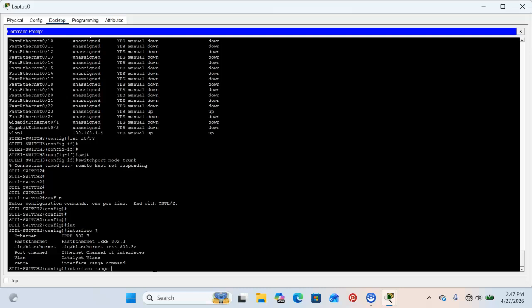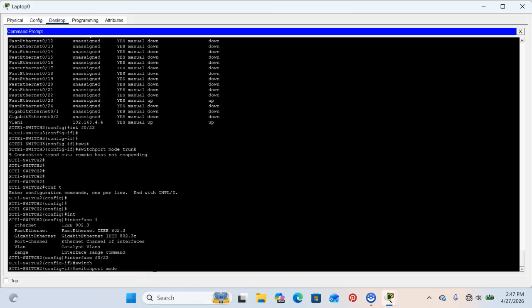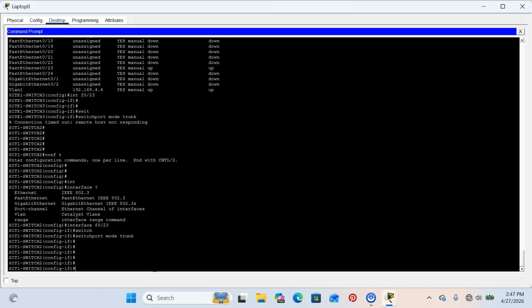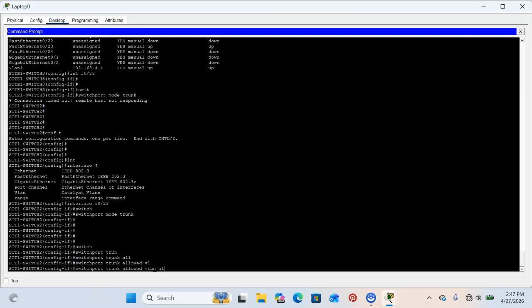So I can do port F0/22, F0/23. Do you understand? So I can do that here, but let's quickly configure. So switch port mode trunk. Switch trunk allow VLAN or